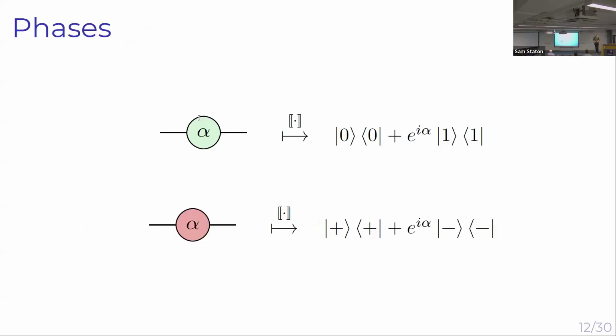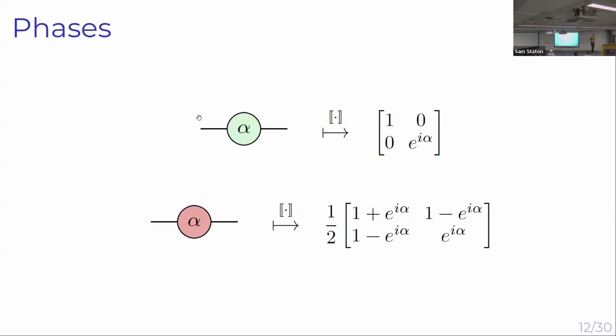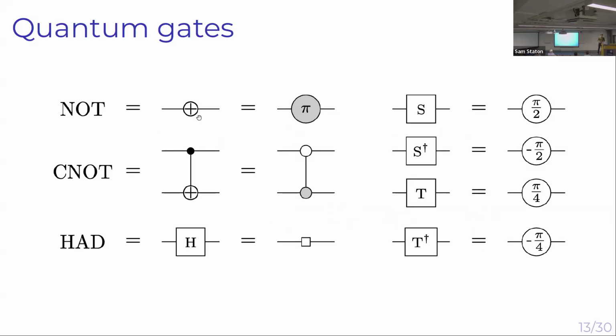Okay. The last thing we have in the ZX calculus are phases. These phases correspond to the e to the i alpha phases at the cat 1 bra 1. Another way to look at them is as rotation matrices around the Z and X axes. They allow us to express certain quantum gates with these phases. For example, the simple NOT gate is just an X spider with a pi phase,